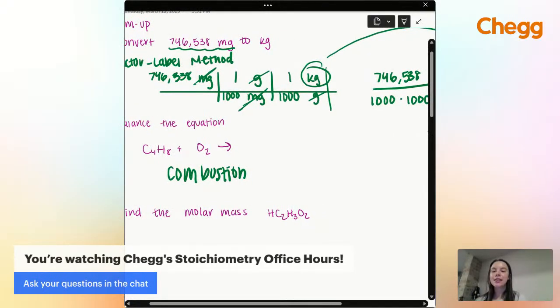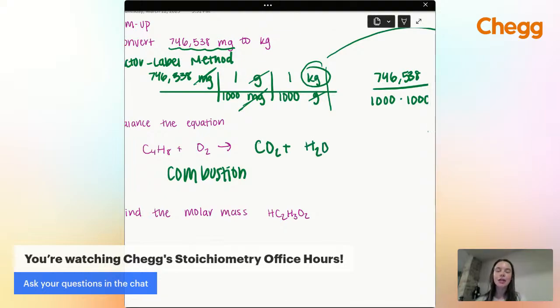All right, if you said yield CO2 plus H2O, you're absolutely correct. All of our carbon combustions always yield carbon dioxide and water. So now we need to balance it. If you've been in some of my past sessions, what I will say is start with carbons. It's always easiest to start with carbons, and it's always easiest to end with oxygens. So I see I have 4 carbons over here, so I'm going to put 4 carbons over here.